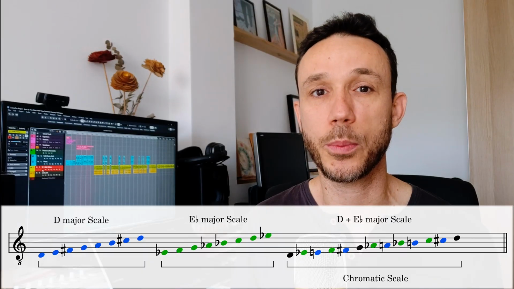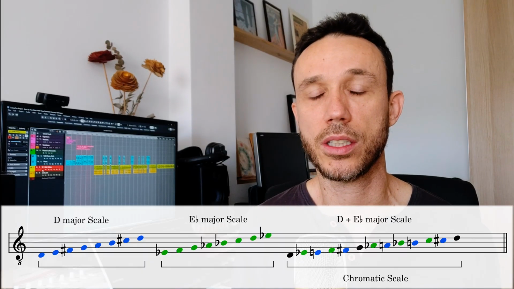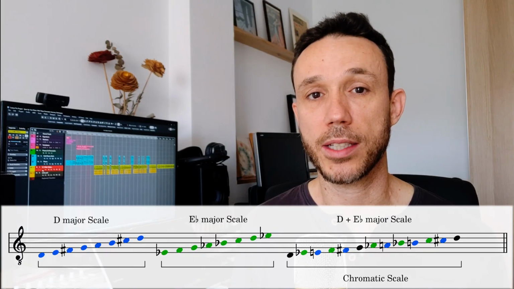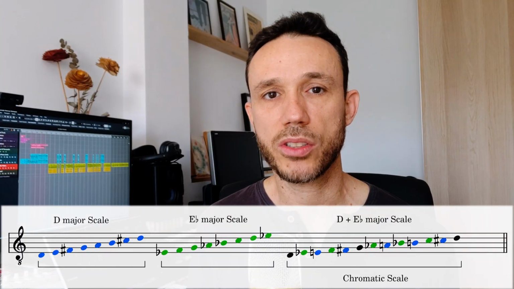I used D and E flat major keys, and I must say that I went over the top, as when you put the notes of both scales together, including common tones of course, you'll get the full chromatic scale. And as for the harmonization process, I chose to have a chord every 2 beats to follow the descending chromatic line. I picked chords either from D major or E flat major, but I did something else as well.